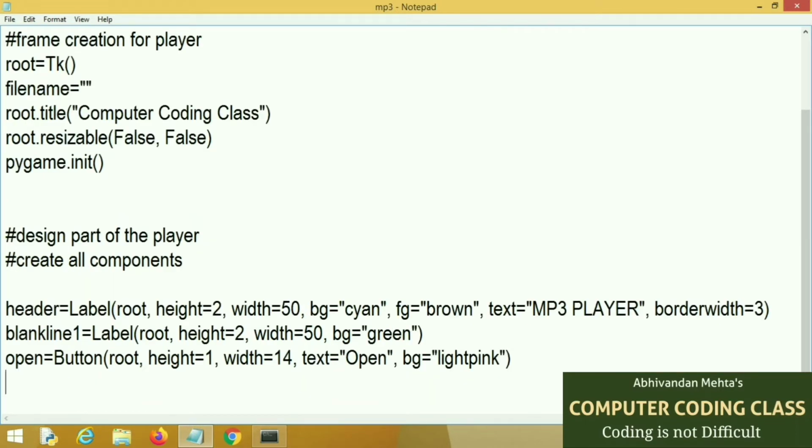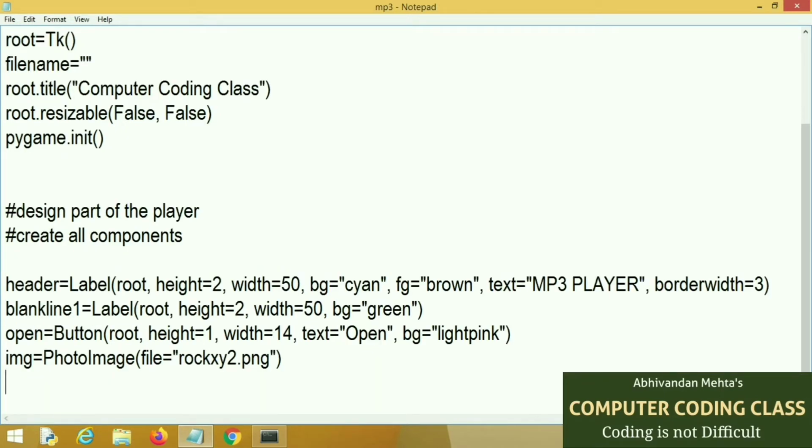Next, we will load our player logo image by using the PhotoImage command. Here our logo image is stored in the same folder where our source code is stored. PhotoImage command will load this image from our source code folder into this program and store it in the img variable. Next, I will place this image in a label.